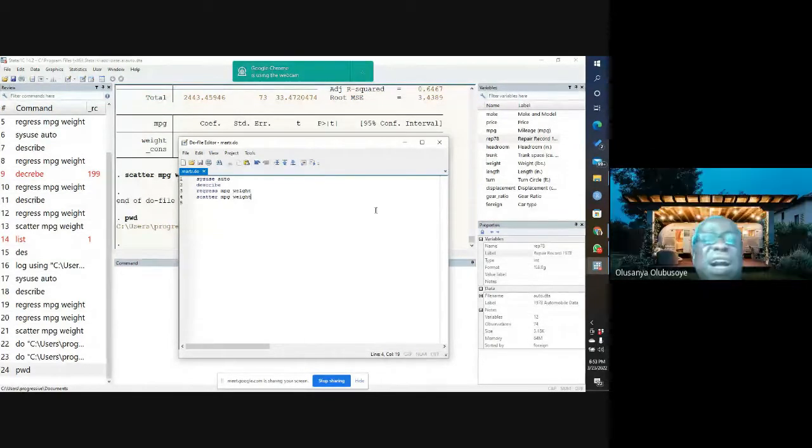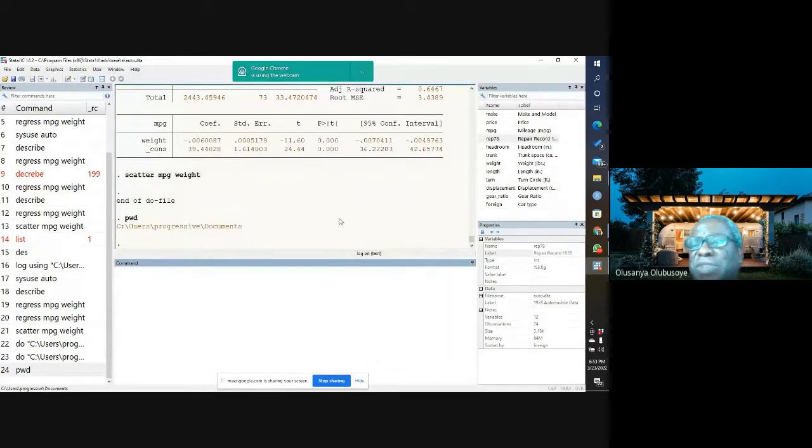Thanks, sir. I'm afraid we must not exceed 2 hours. So I've talked about the do file. We will still continue to use the do file subsequently. There is also the icon